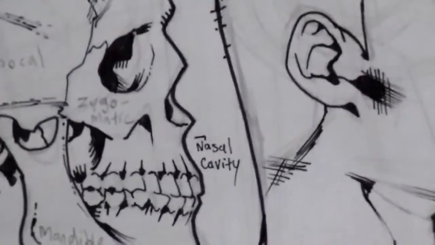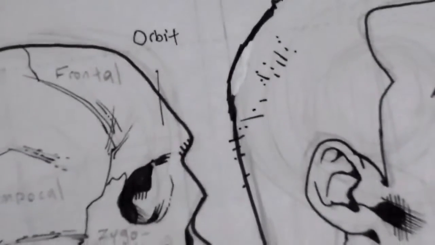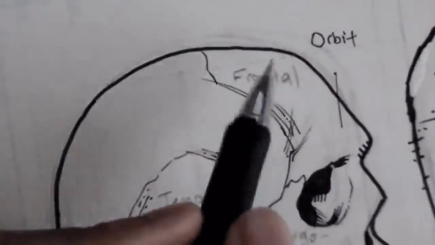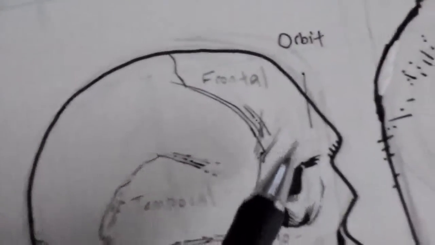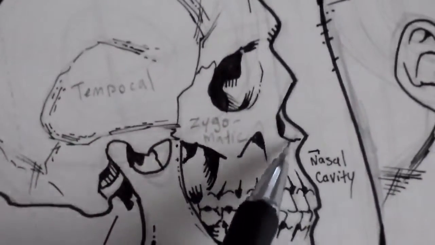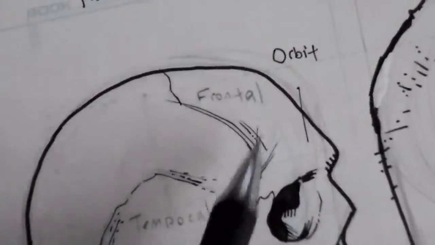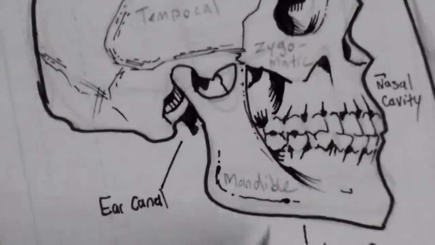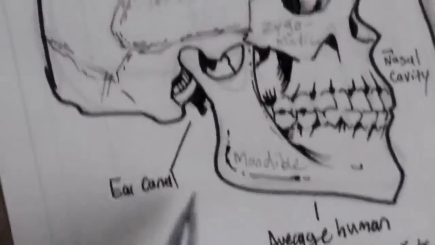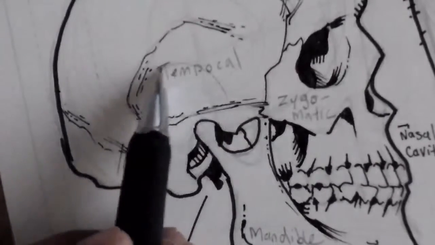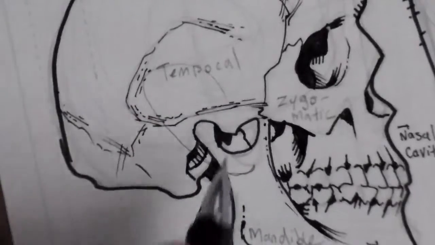As you see from the diagram that I've drawn up here, the human skull isn't a perfect circle. It's a little bit angular at the top, and it slopes downwards from the forehead, opening up to the nasal cavity right here. And I've marked out the different parts of it: frontal, temporal lobe, zygomatic bones, the mandible, which is your jaw, the ear canal hooks into this hole right here. And if we were seeing this with the skin on, the ear would come out a bit like that,